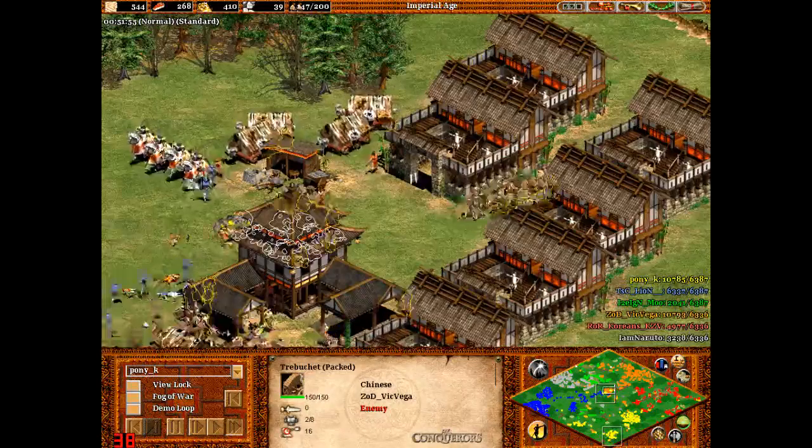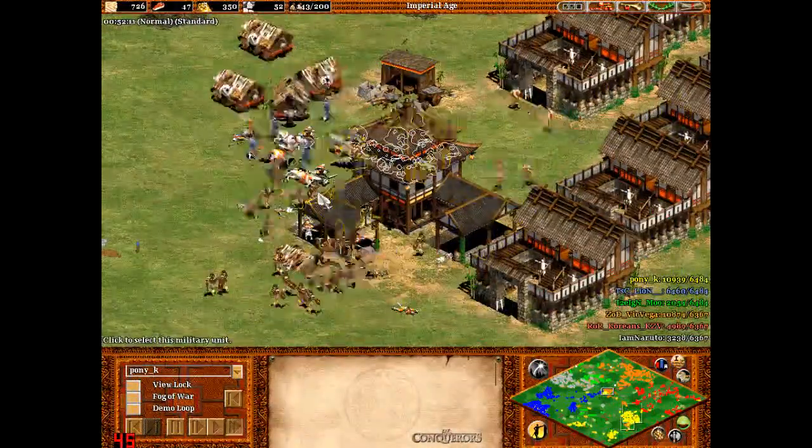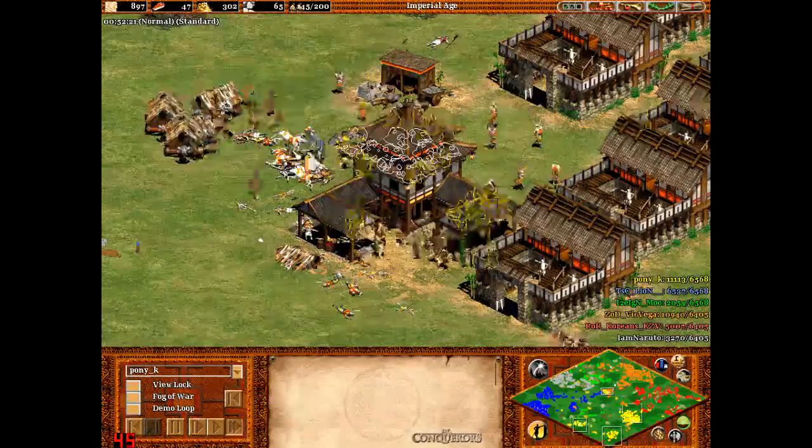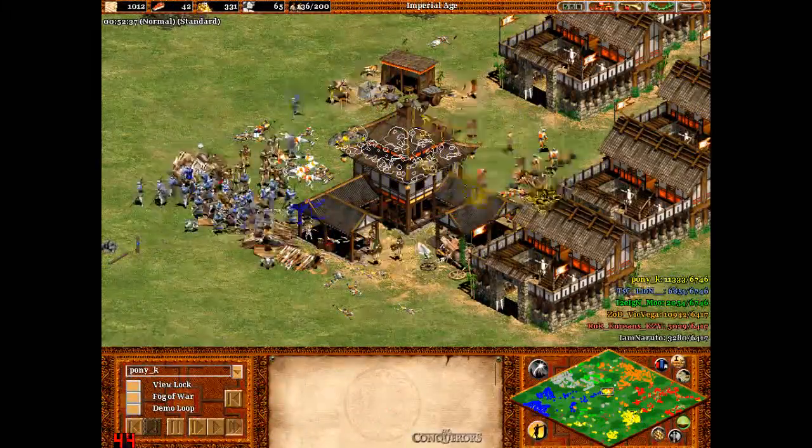But Trebuchet coming down here from Orange, Capture Rams coming down here from Orange. Cavaliers are going to have no chance against the Halberdiers. That Trebuchet fortunately is a bit of a waste, all this battering